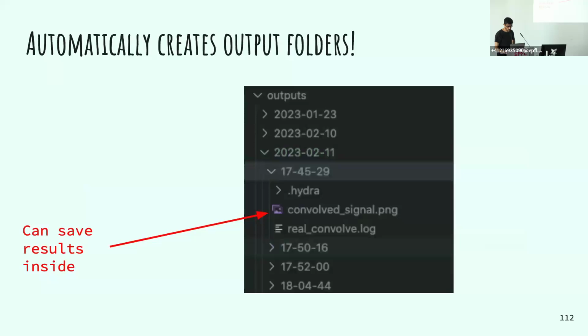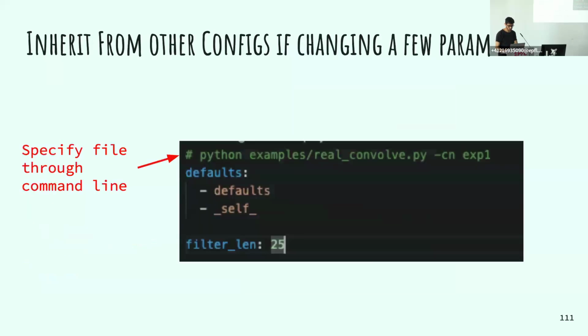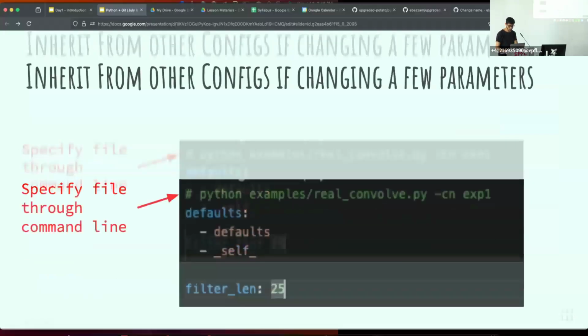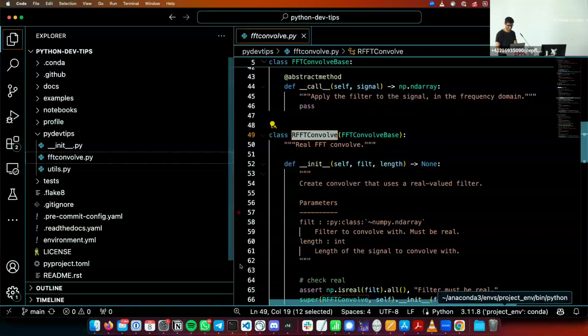And so this output folder stuff is essentially that third point I was mentioning, where it's going to create a timestamped output folder where I can then save my results. So in this case, I was running this script, Python examples, real convolve. So let me run it from